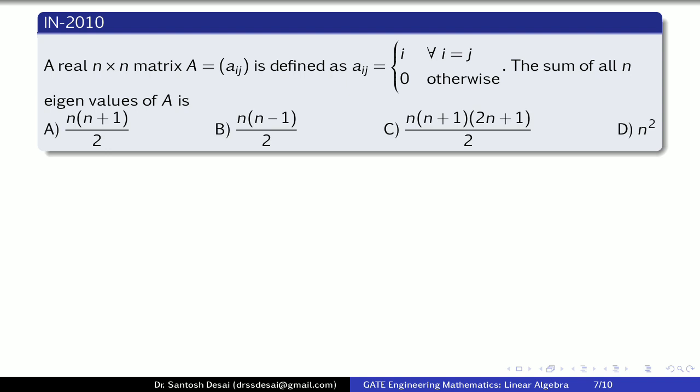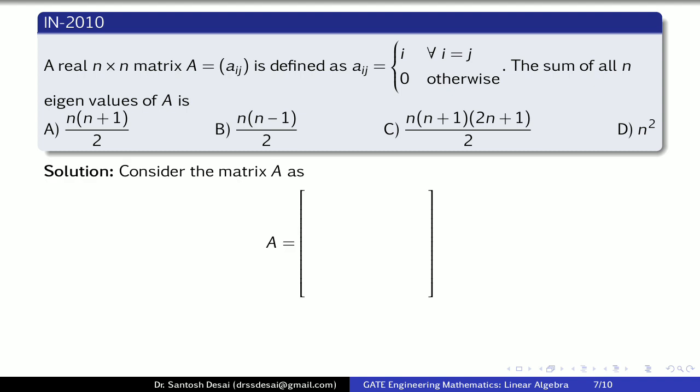Now here to simplify this, first we write the given matrix A. So the matrix A is written as: the first element is A11. So here i is equal to j, so therefore the first element is 1. Now the second element is A12, where i is not equal to j, so therefore its value is 0. Similarly, all the remaining values are 0 in the first row. Now the elements of the second row are: the first element is 0, then A22, here i is equal to j, so therefore we put the second element as 2 and the remaining are again all 0.